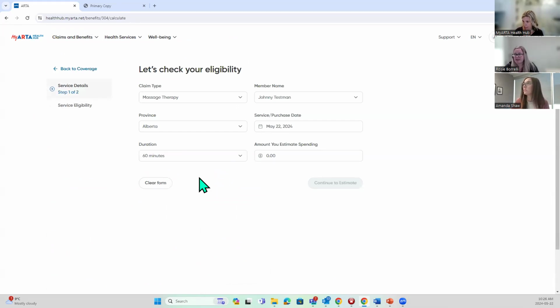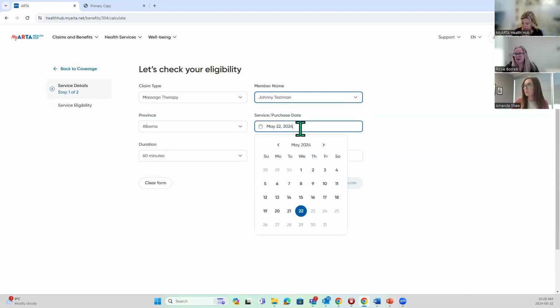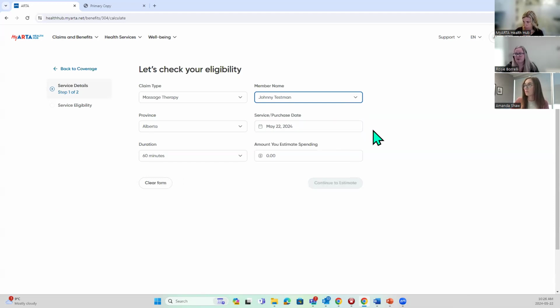So we're going to fill in the information. Again, we're going to be searching for Johnny for this instance. And then this service or purchase date, we're going to leave as today because we're thinking about going to get a massage today, and the duration of the massage, how long we're going to go for. Today, we're going to go for a 90-minute massage, and the estimated amount of money that we're going to spend at this massage is going to be